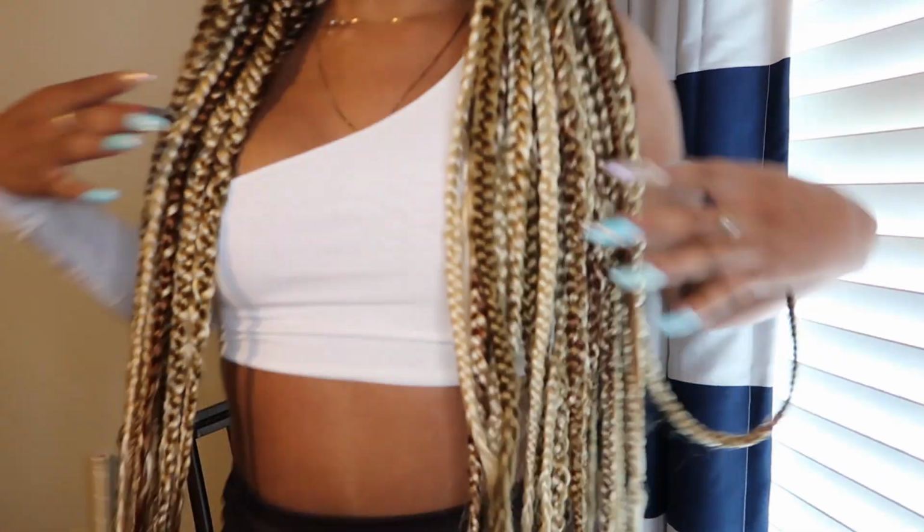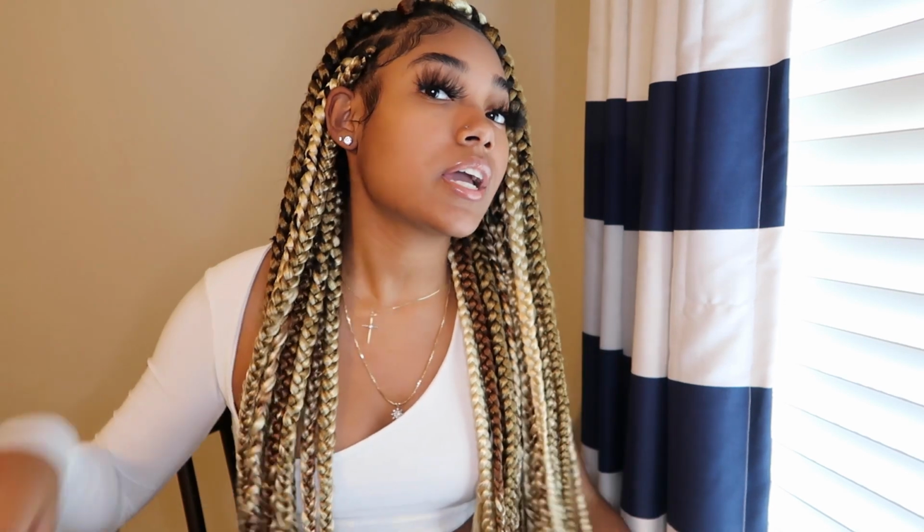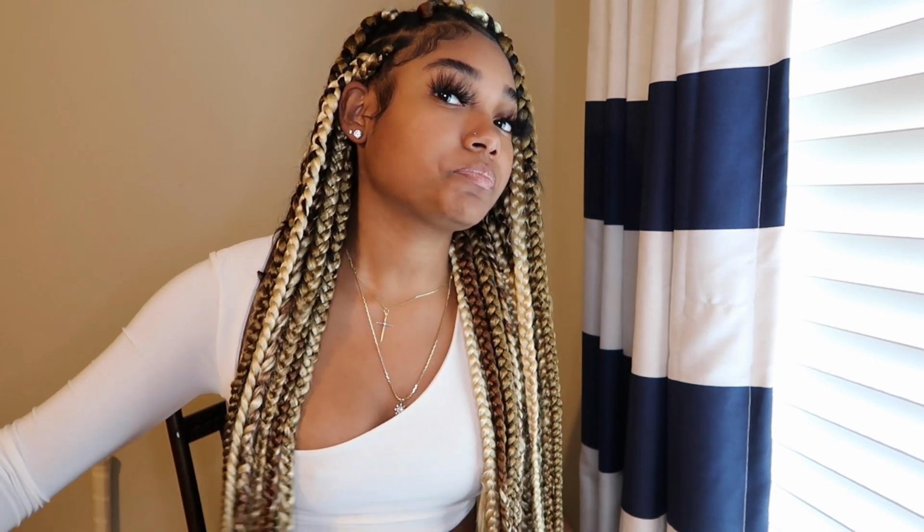Today I'm coming to y'all with another braid tutorial, and today it is for these mixed blonde box braids. Of course, they're super long as always, but these braids are really just a combination of 3 different braiding hair colors. I used the color 30, 27, and 613, and I was really unintentional with the way that I braided my hair and which colors I used, just so that I could get